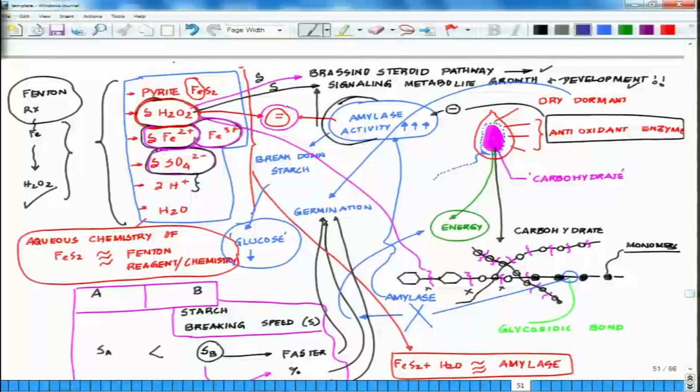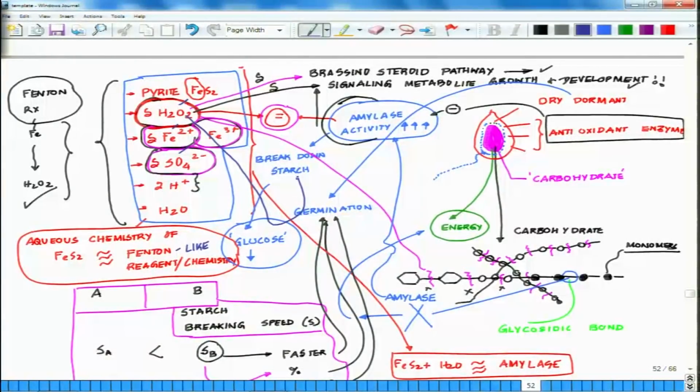We showed that pyrite particles produce trace amounts of hydrogen peroxide, iron in +3 and +2 states, and SO4 2-. That is the aqueous chemistry of iron pyrite, which is essentially a Fenton like reagent. It is acting like a Fenton like reagent. And this hydrogen peroxide is involved in breaking down those huge